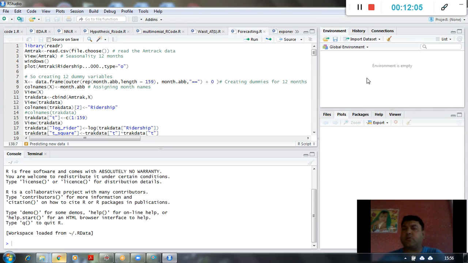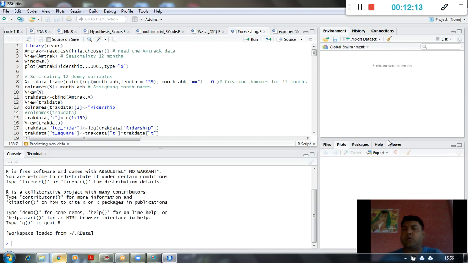this area is called the environment or global environment. So whatever files I am uploading into R, or whatever variables I am declaring in R, as far as my programming is concerned. Obviously, those who are new will not understand all this terminology immediately, but eventually I am going to cover all that, right?